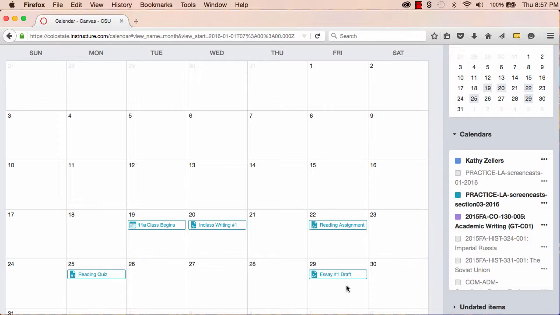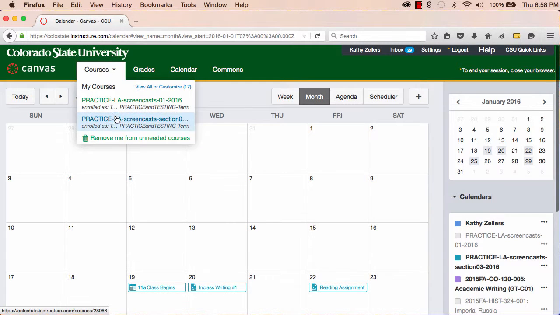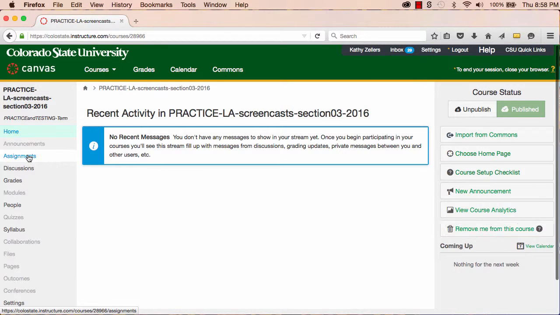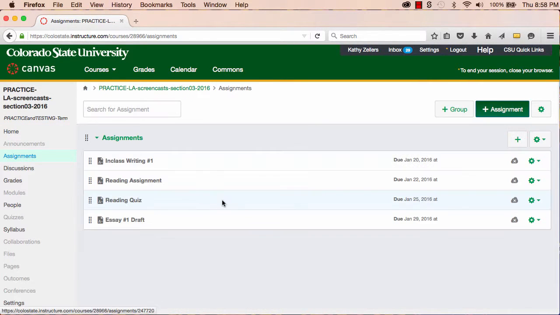Because Canvas's tools are connected, while I'm doing this work in the calendar, Canvas is doing additional work for me behind the scenes. As a result of my work in the calendar, Canvas has also created all of my assignments. If I go to Assignments, I can see that Canvas has generated the actual assignments for every assignment I entered on the calendar. If I open one of them,